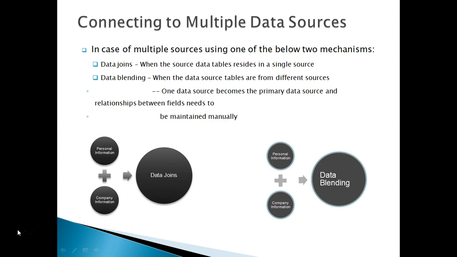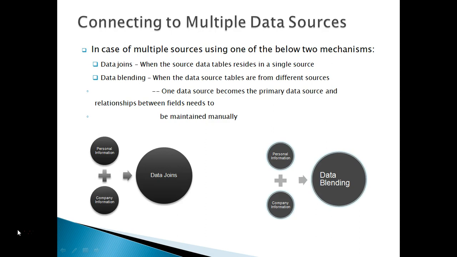So normally, when do you go for data blending? When you want to bring data from different sources in order to create your views in your dashboards. When you are using data blending, one data source will become the primary data source and the others would be the secondary data sources. There should be some relationship that exists between your primary and secondary data sources. That is, you should have some kind of common data item which is going to connect your primary and secondary data sources. You can even use more than two data sources in order to do your data blending.